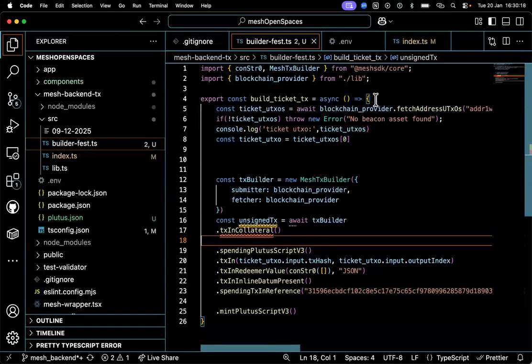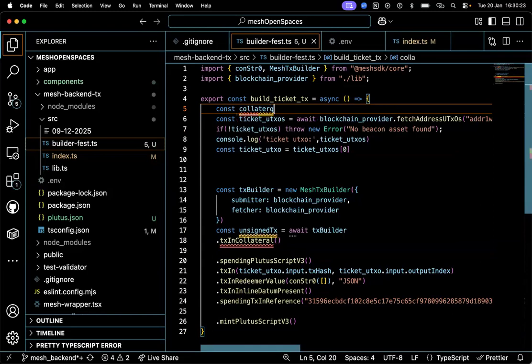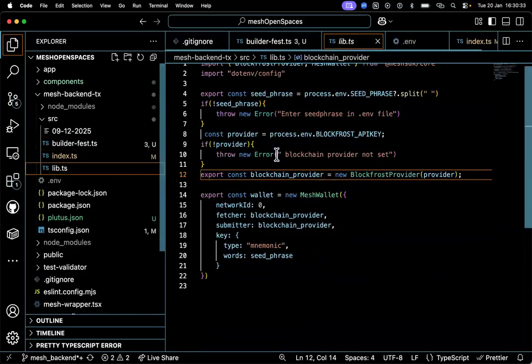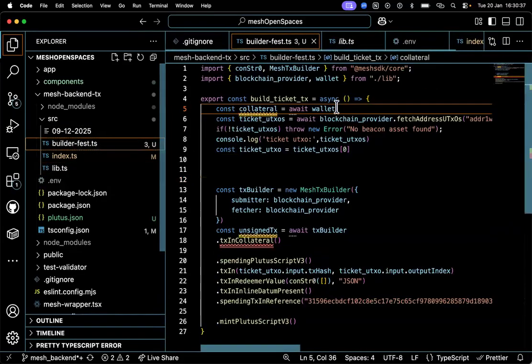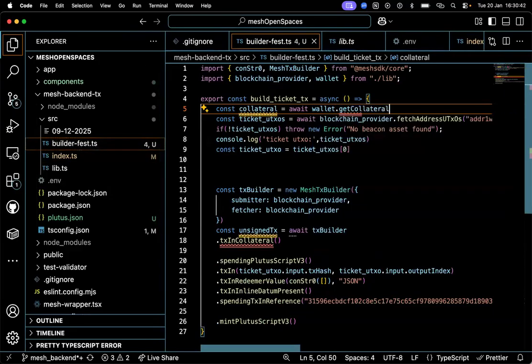So right now, if I want to get the collateral in, I think I already initialized the wallet here. This library, this mesh wallet. So I'll be able to fetch the collateral, dot get collateral.